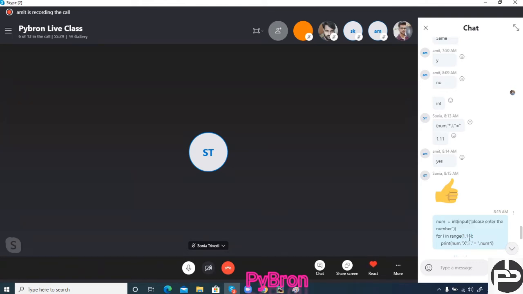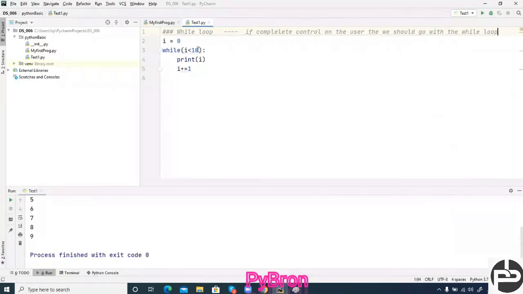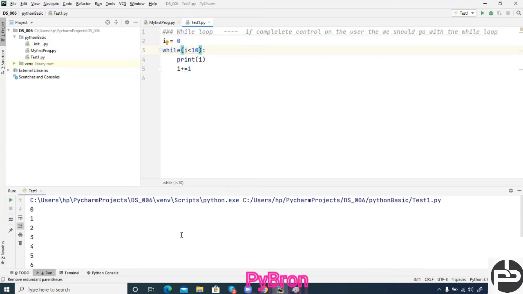In case of the for loop, whenever we define it, we as a programmer define how many times the loop has to be executed. But in case of the while loop, this is the condition, not a definition. The user can change the condition itself, and then complete control happens on the user's side. And I had also shown you how to run an infinite loop. So this is one difference between the while loop and the for loop.